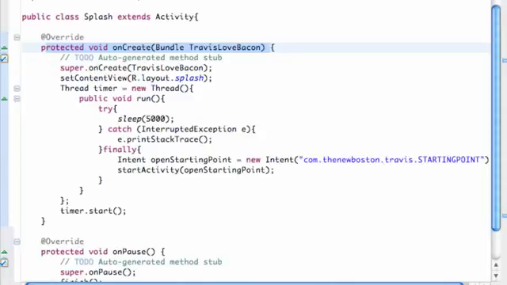In this tutorial, what we're going to do is set up some music and some sound for our application, because when there's music